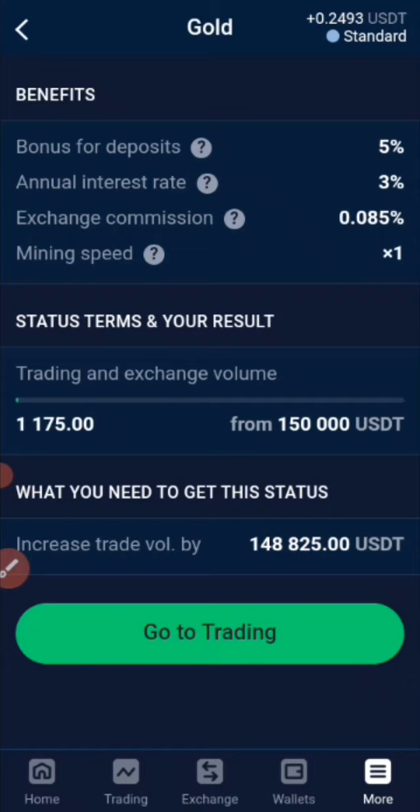So let's say I used the same 10 USDT and I sold back. That means automatically I just made a volume of 100 US dollars. So you can see it's very easy, guys. If you can do that 100 US dollars,